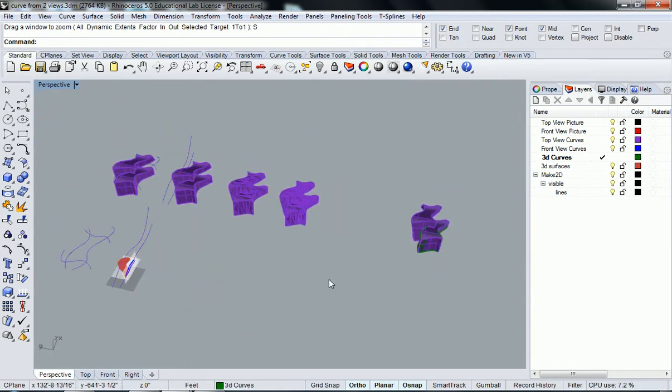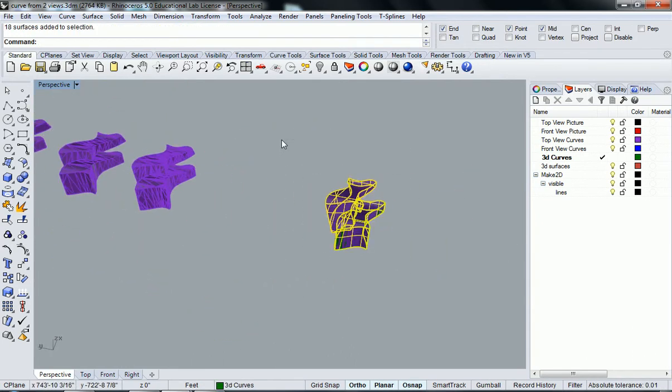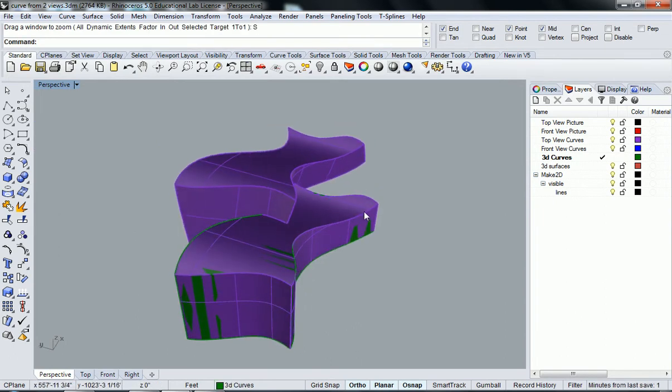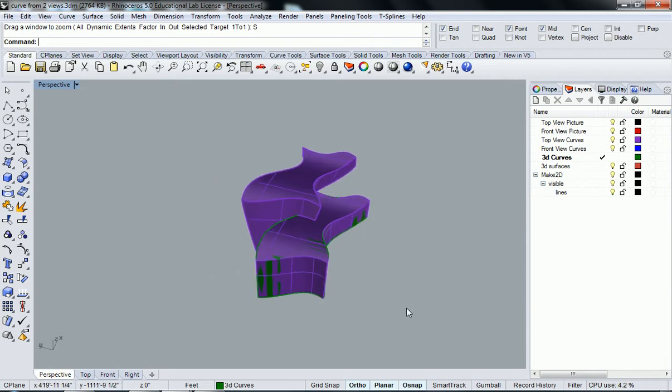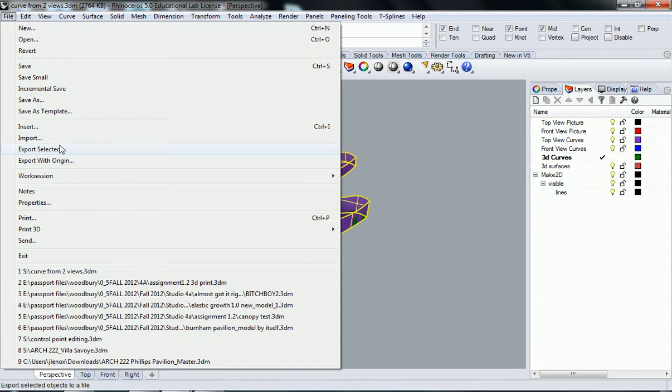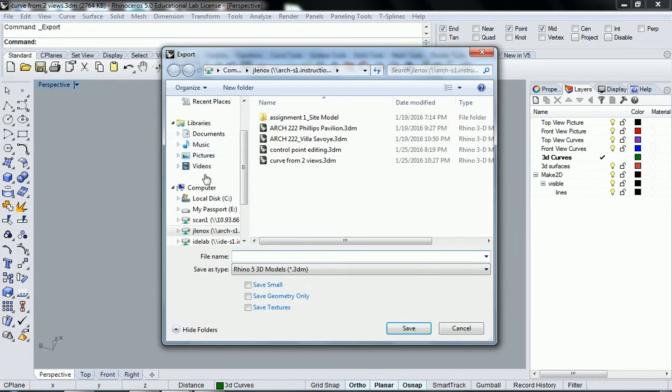And I don't want to delete any of this info, but I want this, and I don't want any of that. There's a really good way to keep this information and bring it into a new file, and it's called exporting. So you can actually export this information. If you select it and you go to File and you go to Export Selected, it's essentially like saving the file, but it's saving only the information that you have selected